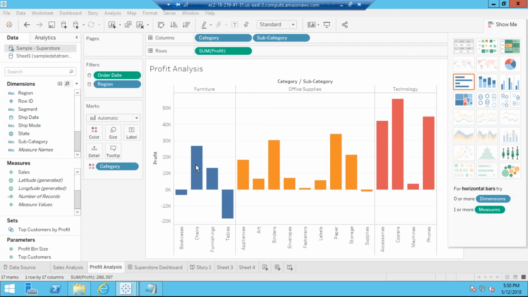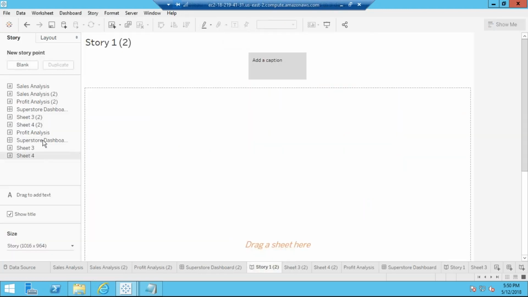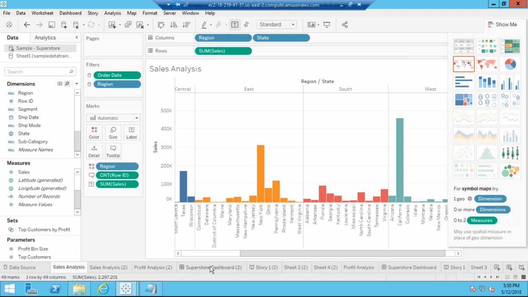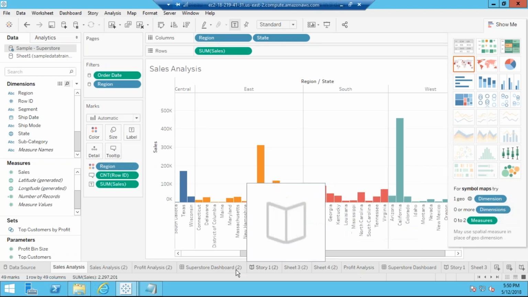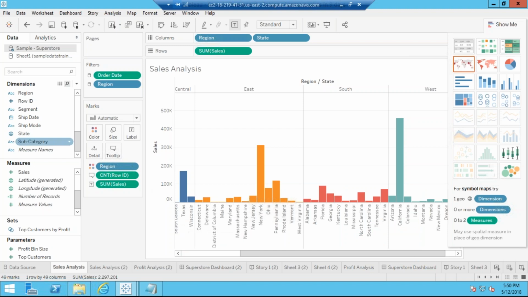See, for me nothing changed because it's the same thing. Here you see sheet 1, sheet 2, sheet 3. All that came up here. So what I did, I imported all the sheets and everything. But for me it's a duplicate only. Nothing new came up. Whatever was there in the earlier one, all that came up here. That is just duplication. But if something new is there, then I can use it.